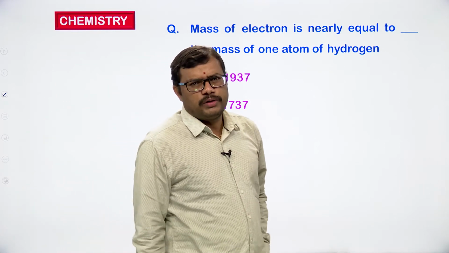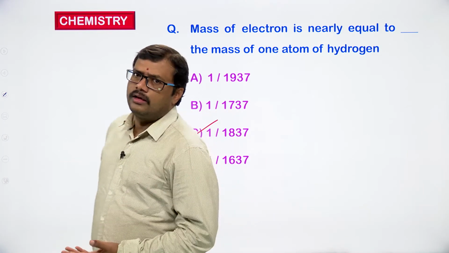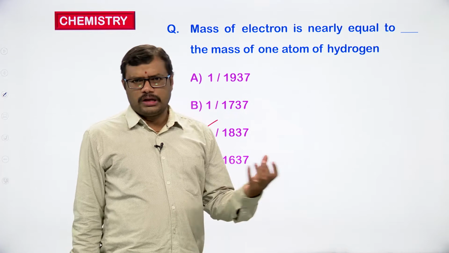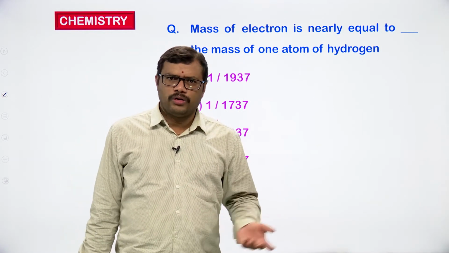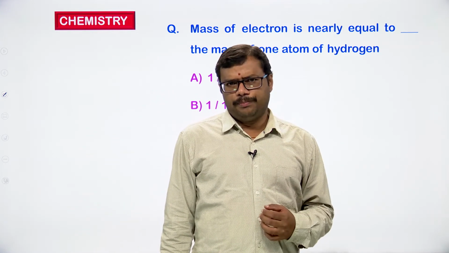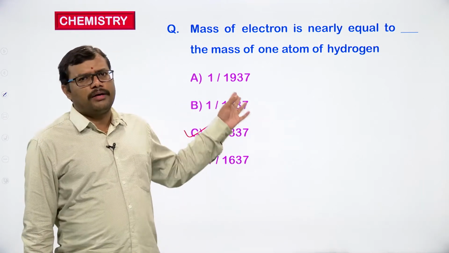From these values it is very clear that the mass of proton is nearly 1800 times more than the mass of electron. When you observe the neutron also, we know that neutron mass is slightly more than the mass of proton. It is 1840 times more mass when compared with the electron.